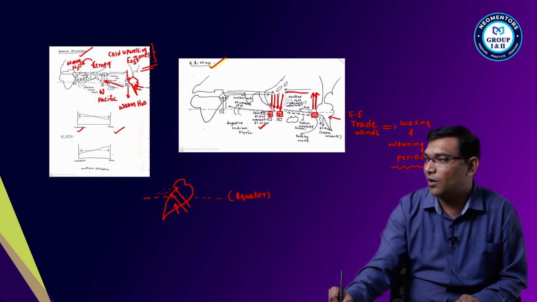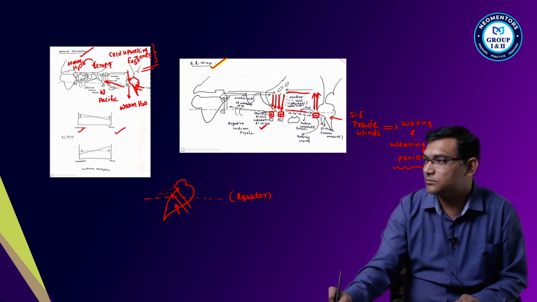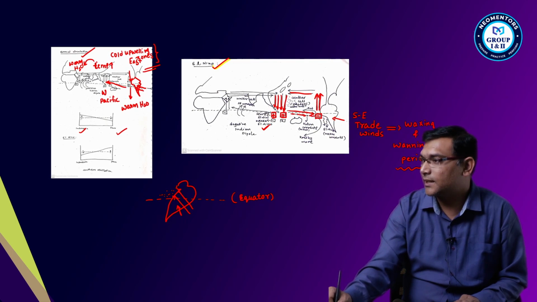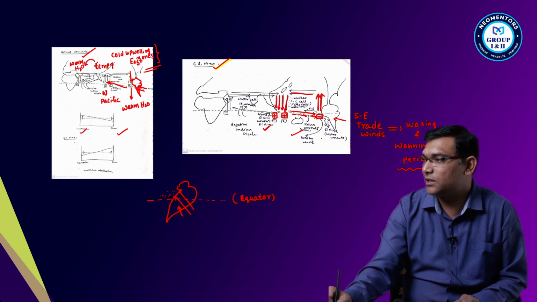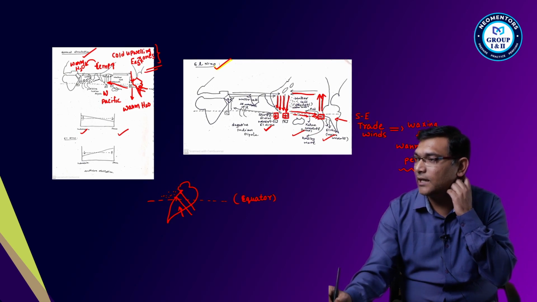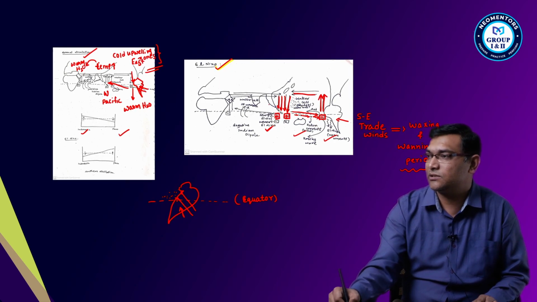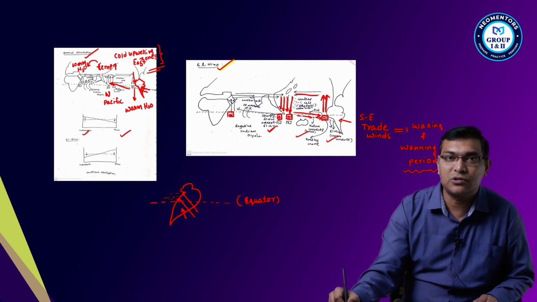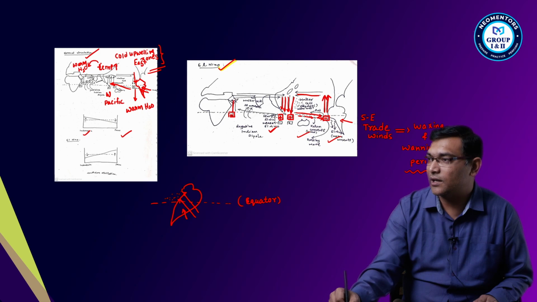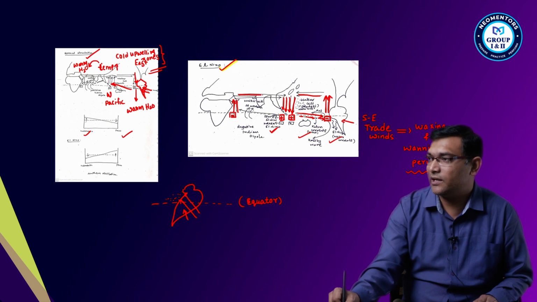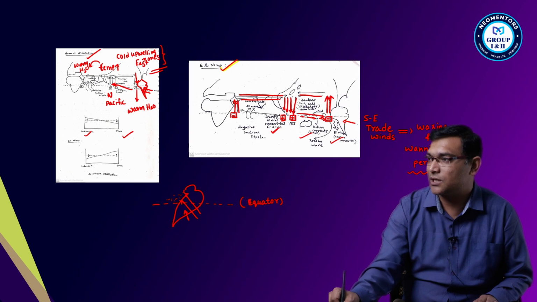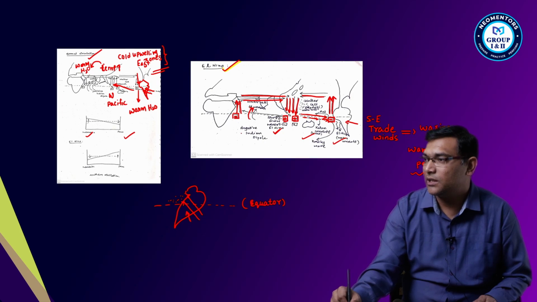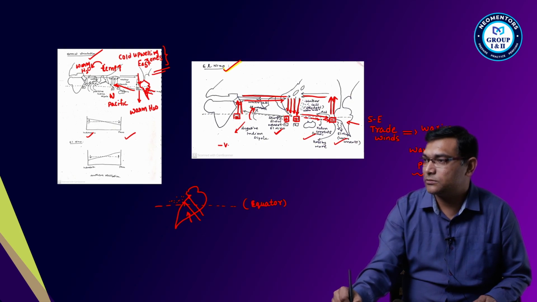So what will happen? The warm water will be driven. These are called Kelvin currents, and the warm water is nothing but El Nino currents. And this will create what? Again, there will be a low pressure here at the Arabian coast or African coast, and air will rise. And air will submerge where? At Indonesia. So this will create a negative Indian dipole.